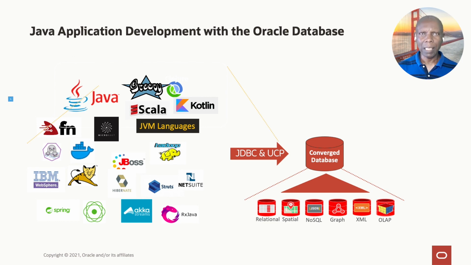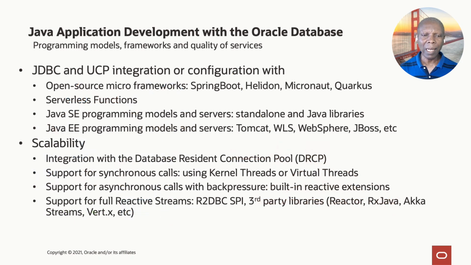So here's a summary of developing Java applications with Oracle Database. On the left are all the Java frameworks, Java application servers, all those libraries. They need to access the Oracle Database. They need to go through our JDBC and the Java connection pool. On the right is the Oracle JDBC, which gives you polyglot persistence, all the data models with the same engine, etc. And in text, this is what I was just saying, so you can read.